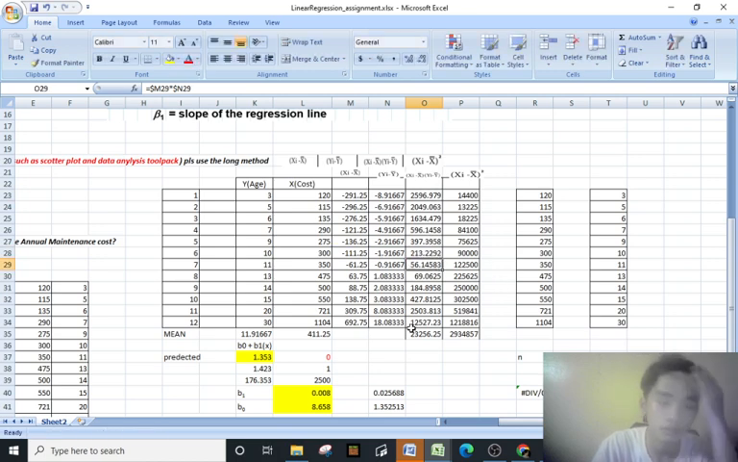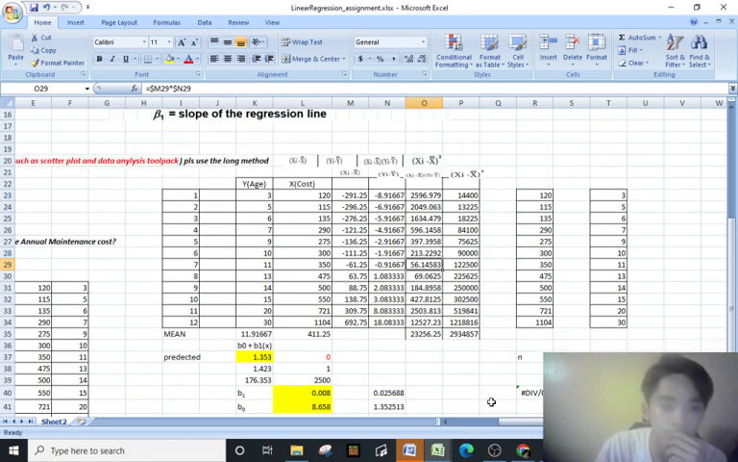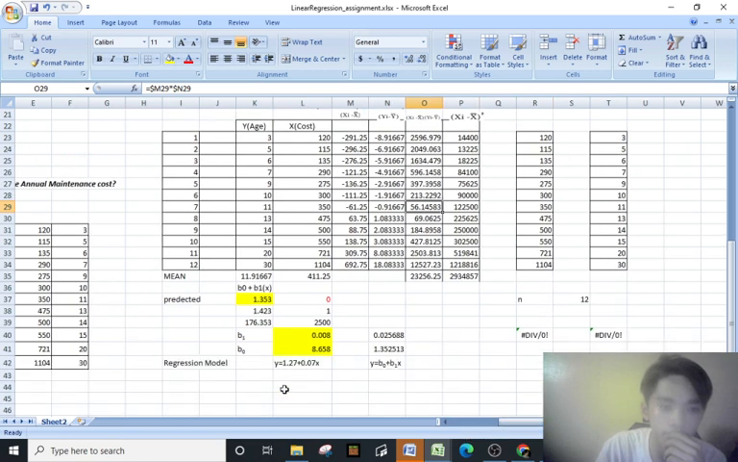Okay, so here is the sum of the multiplied by 2, then squared. So it gets 23,256.25, then squared, 2,934,857. So here we are to get the independent variable and the dependent variable. Then to predict,